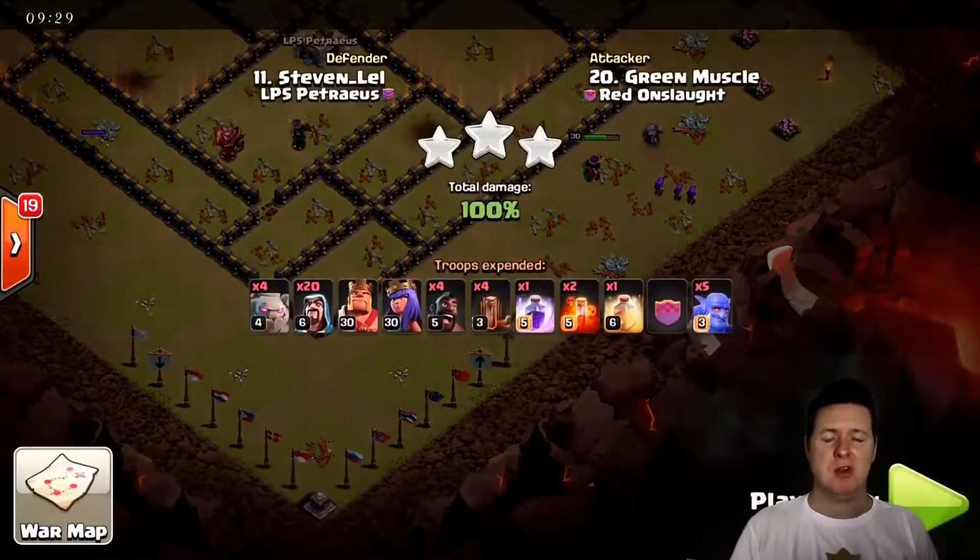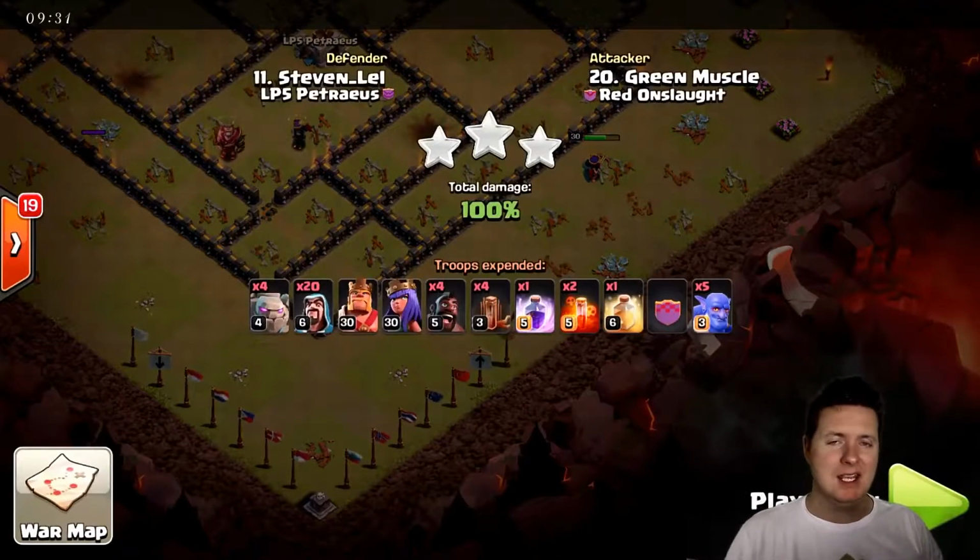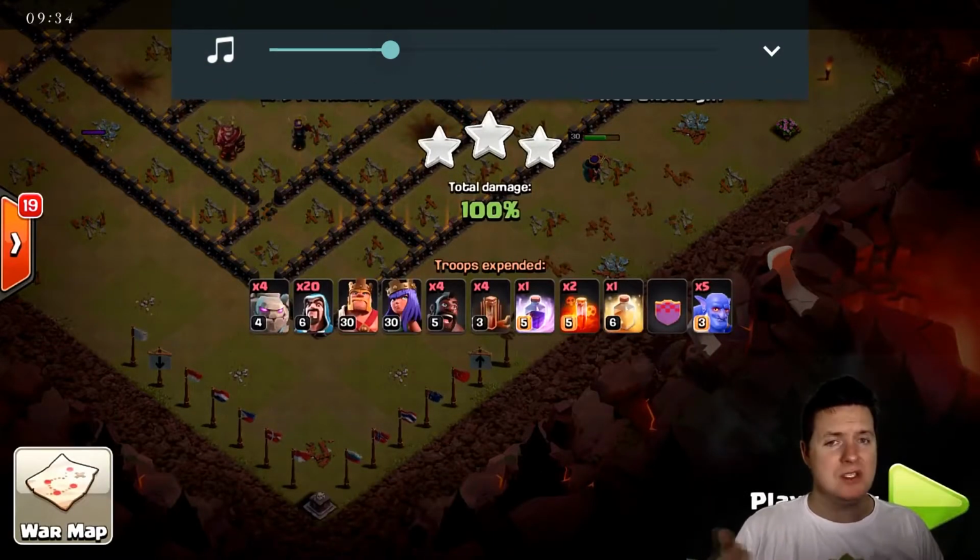These guys over here, Red Onslaught, are using this attack all the time. It is really helping out their Town Hall 9s, which is a great thing because Town Hall 9s